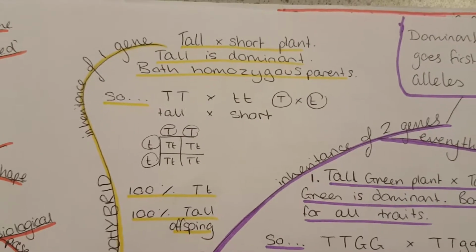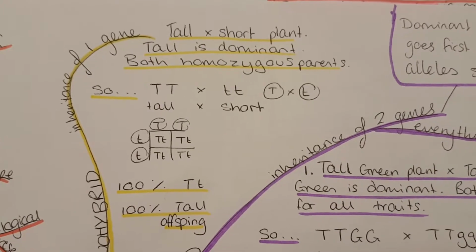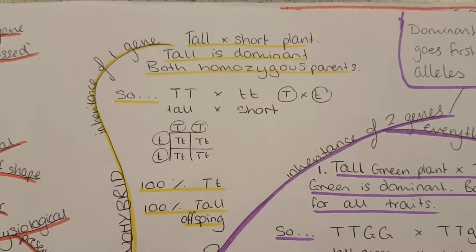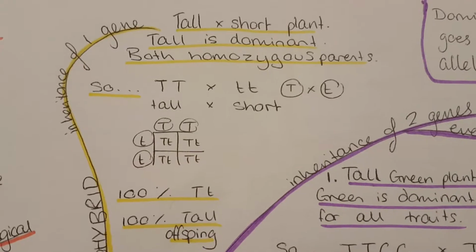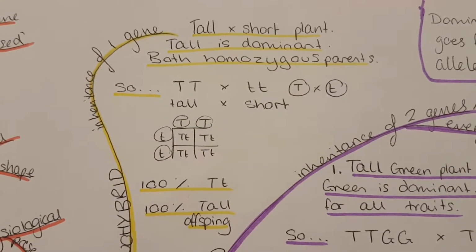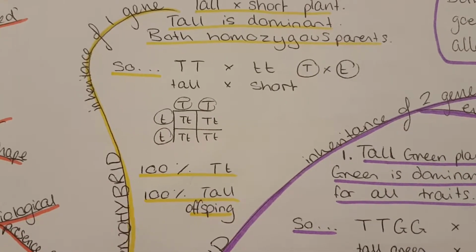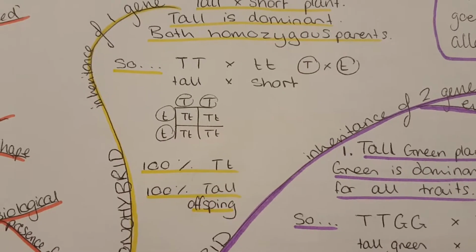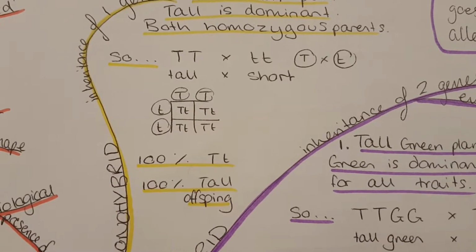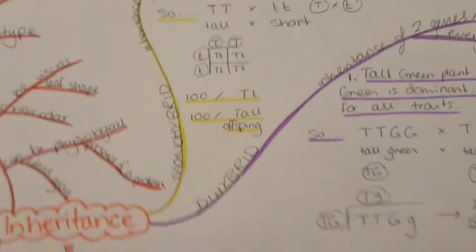Alright, so when we just look at one trait, we call this monohybrid or monogenic inheritance, which is just looking at the inheritance of one gene. So here's another example. We've just done one, but we'll do another one. Here we are, tall versus short plants. Tall is dominant, and you've got both homozygous parents, so they're both the same. So that's the tall plant, big T, and the short plant is little t, and there you are in the gametes there. So the one on the left can only produce big T